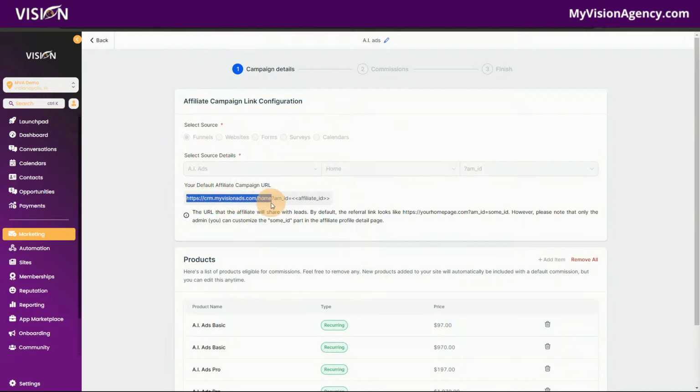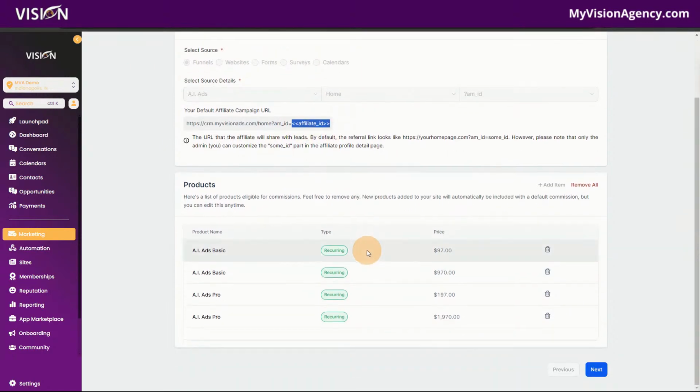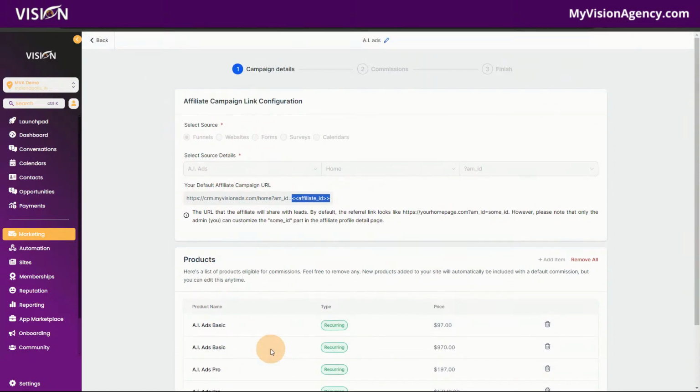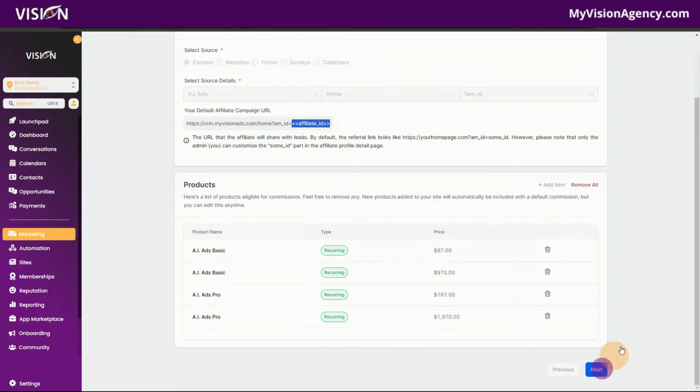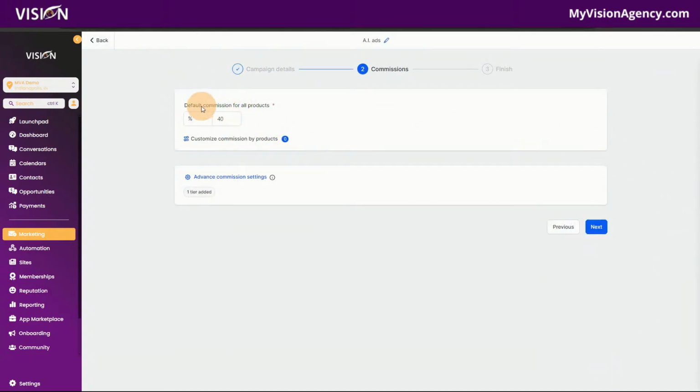It's going to be this link here. It'll have a question mark, AM_ID equals, and then they will have their own custom affiliate ID. Okay. And then inside of this funnel, they will have these options to sell to earn commission. Okay. So if I go next now, you'll see now I want to choose what is my default commission for